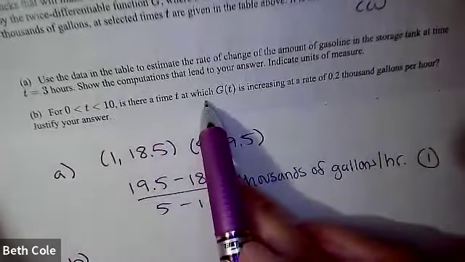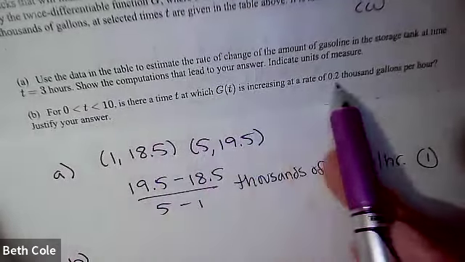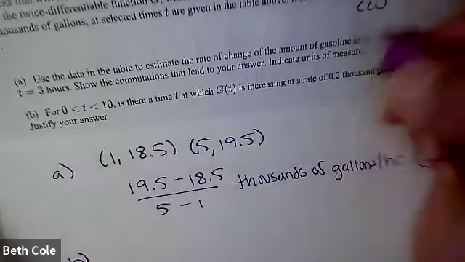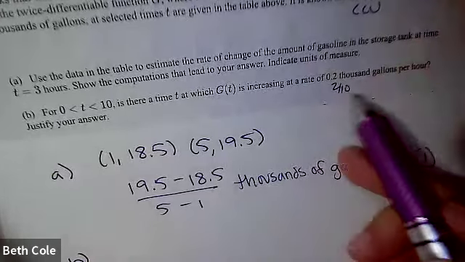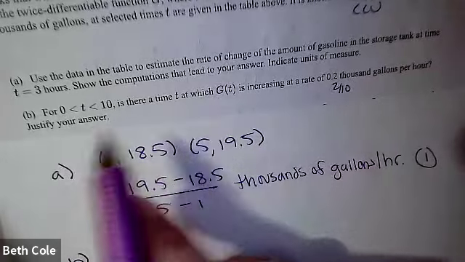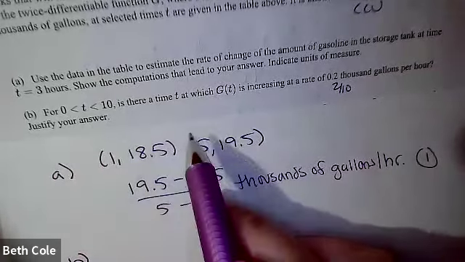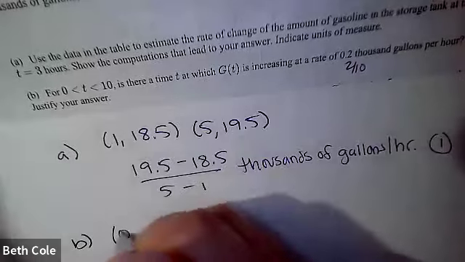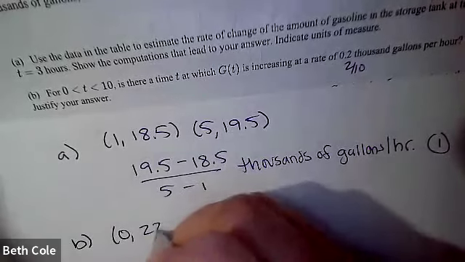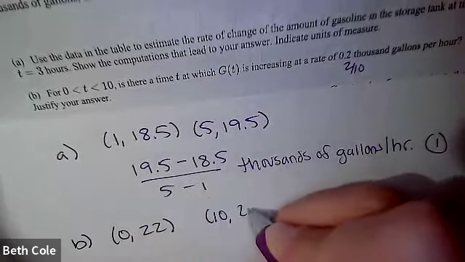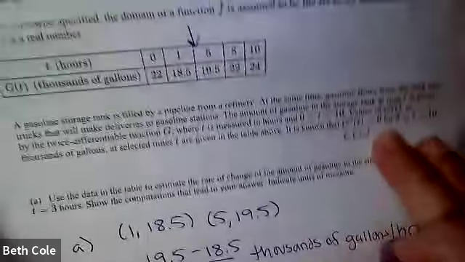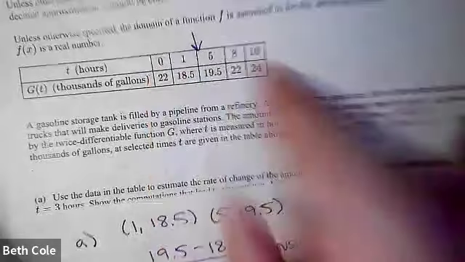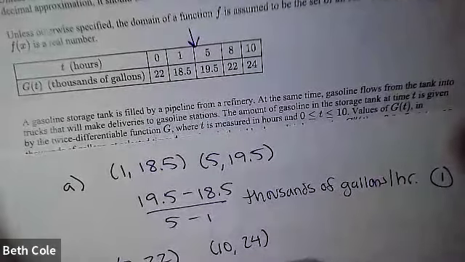All right, times 0 to 10. Is there a time when g of t is increasing at a rate of 0.2, which is 2/10? I think it's easier to think of it as a fraction, gallons per hour. We're going to do a really similar thing to what we just did right here. We want 0, which is 22, and then we want 10, which is 24. I just grabbed that from up here. 0, 22, 10, 24. So if you do your slope,